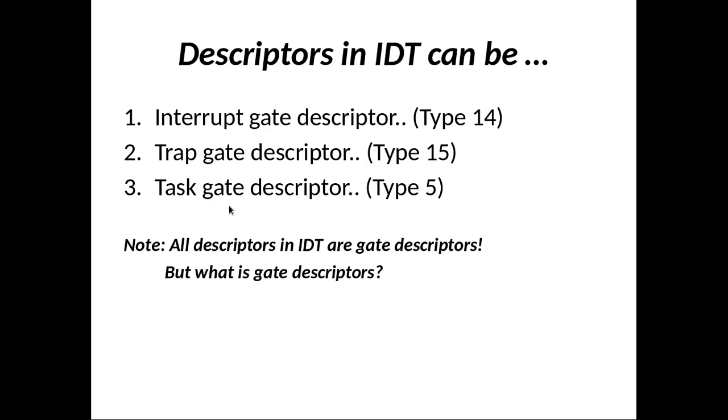So all the descriptors in IDT are gate descriptors. I told you that whenever we come across this name, that is gate descriptor. Does that gate descriptor contain base address and limit? What is the use of segment descriptor? We are saying that segment descriptors are used to store base address and limit of the segment. Segment descriptor contains all information about the segment. So this gate descriptor is also one type of segment descriptor.